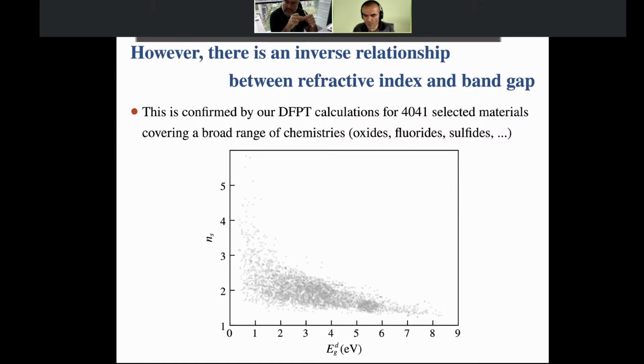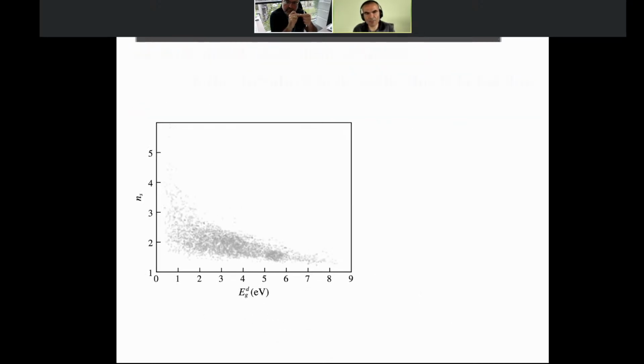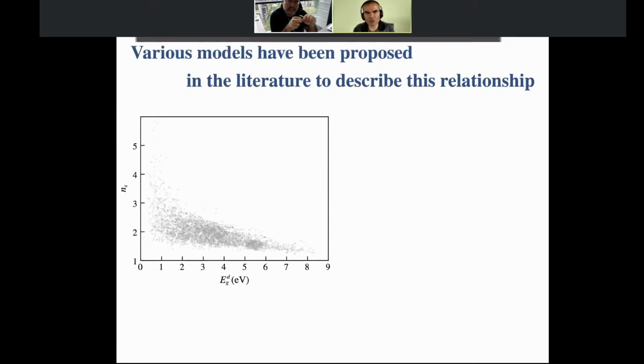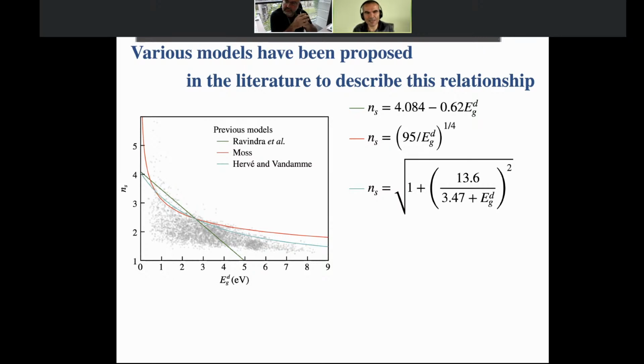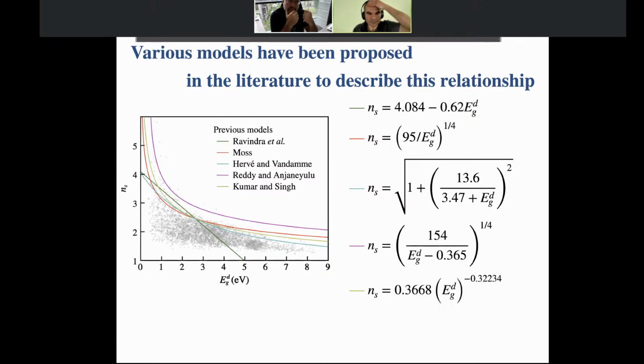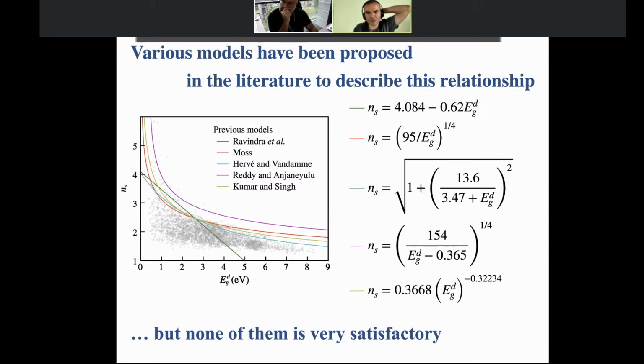So there had been previous work to try to obtain models for that. I'm not going to go into all the details, but I'm just going to show them to you. I don't know why it's a bit slow, but okay, here are the results. And typically, all these models are not very satisfactory. And to be fair with the people that developed these models, the reason for that is essentially that they didn't have many data to fit their models. Typically, they would have 60 to 100 data points to fit their models.